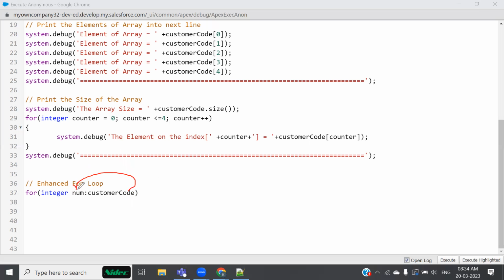It's going to transfer every value inside num. ठीक है, now I would print System.debug the element of the array. Here you cannot make position. जैसा आपने यहाँ लिखा ना index position, यहाँ पे नहीं लिख सकते हो आप, because आपने index define ही नहीं किया हुआ है और कर भी नहीं सकते। ठीक है, so I would just print the value of num. ये num की value मैं print कर रहा हूँ।